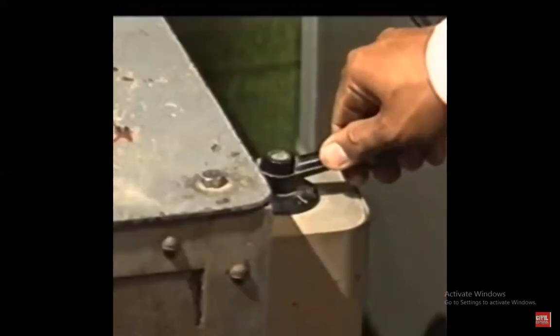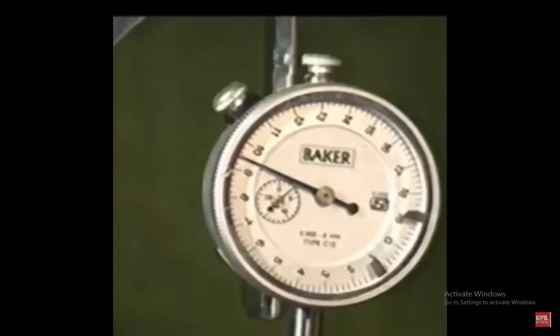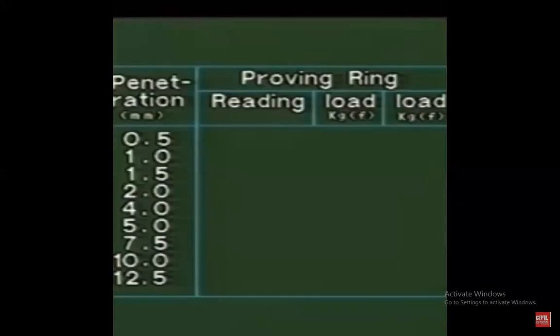तो जो हमारी रेट ऑफ पेनिट्रेशन होगी वो इसके अंदर होगी 1.25 mm पर मिनट। तो इसके बाद हम क्या करेंगे, हमें रीडिंग्स नोट करनी है अलग अलग पेनिट्रेशन पे, यानी कि फर्स्ट जो रीडिंग आप नोट करोगे वो 0.5 mm पेनिट्रेशन पे होगी, फिर 1 mm पे, फिर 1.5 mm पेनिट्रेशन पे, ऐसे करके 2 mm पे, 4 mm पे, 5 mm पे, 7.5 mm पे,